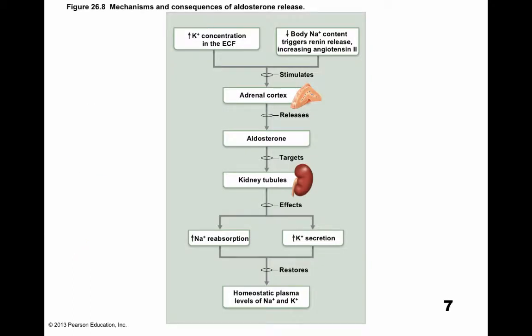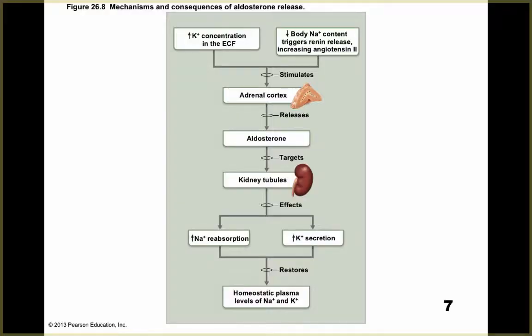And again, this is just talking about how aldosterone essentially works. So you can see here what happens. It's kind of twofold. First, in your body, there's a reduction in sodium content. And so it's going to trigger renin to be released. And that renin is going to activate this molecule called angiotensin II. Now what angiotensin II does is it comes through the bloodstream and it's going to activate the adrenal cortex to release